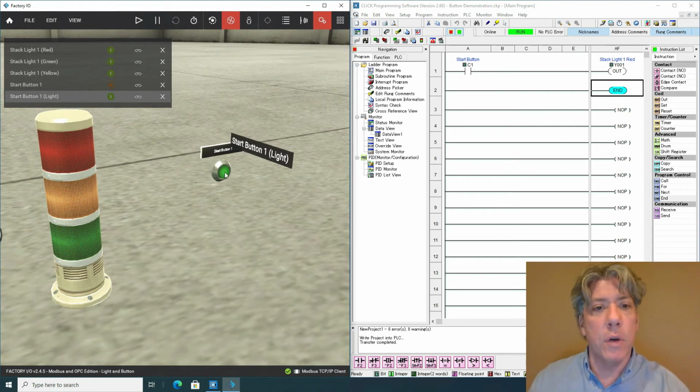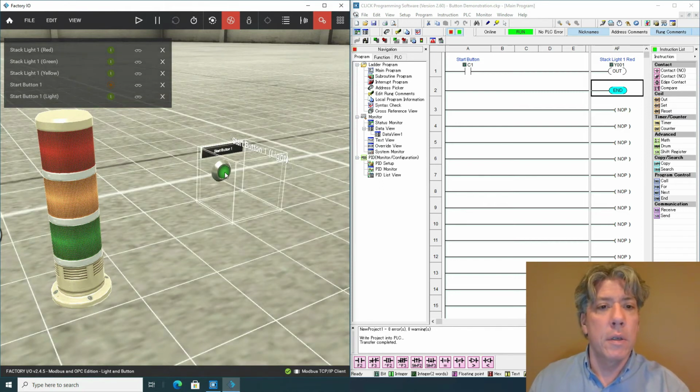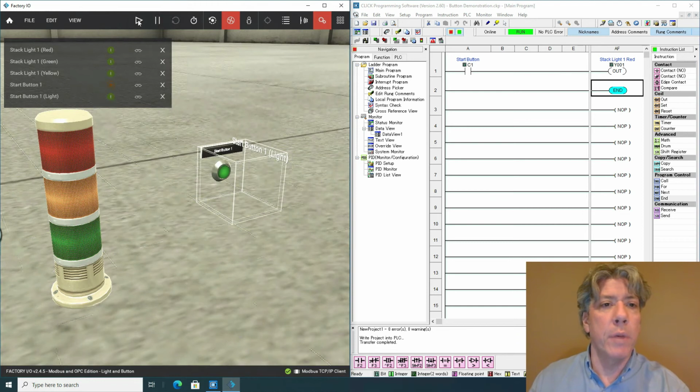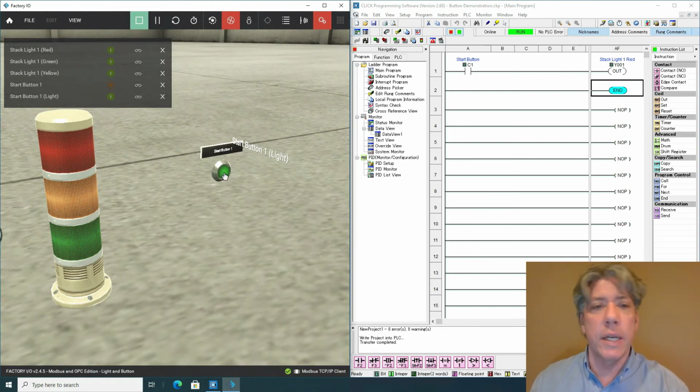Let's find out. So I'll hold down the button. Remember, it's a momentary button, so I've got to hold it down. Oh, well, it would help to put it in run mode. Let's have Factory I/O run. There we go. So now we're actually running. We're not editing the scene. And sure enough, when I held down the button, you notice that the red lamp comes on, and you notice